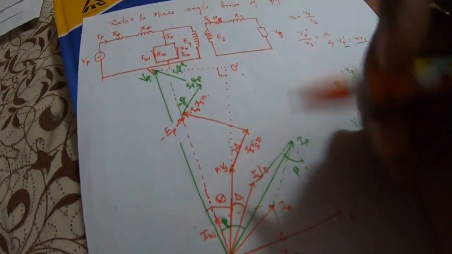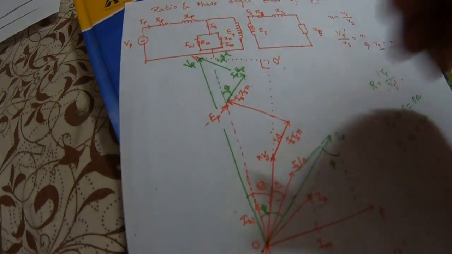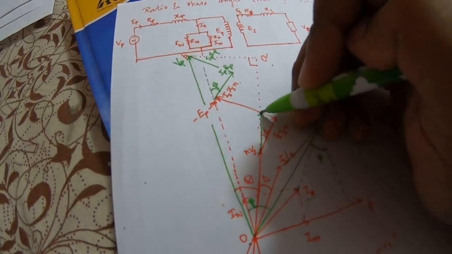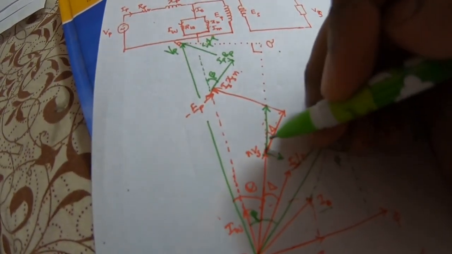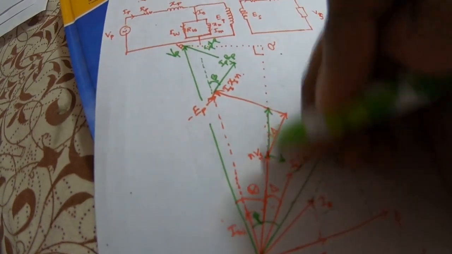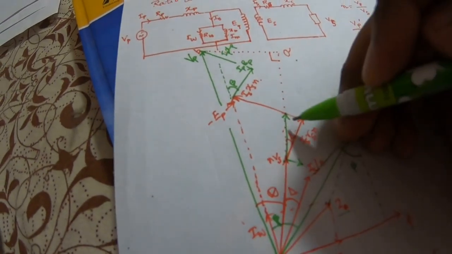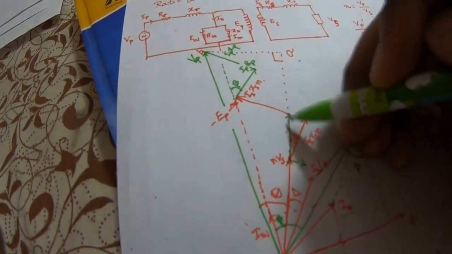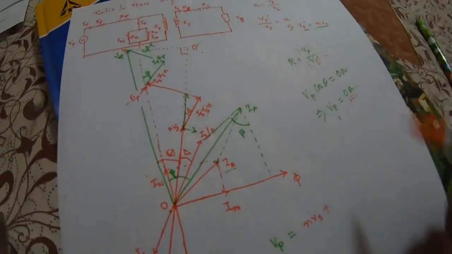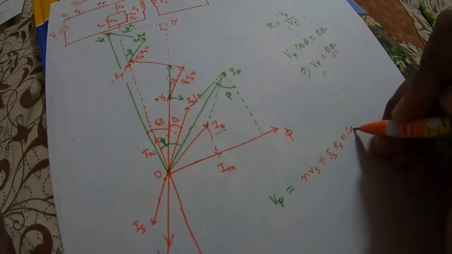As this is angle delta, you will have two components over there. One will be the cos component and one will be the sine component. Along this axis we have to go to OA, to this point A. So according to this, NVS plus Is Rs N into cos of delta. This is the cos component. So I'm writing it again: NVS plus Is Rs N cos of delta.